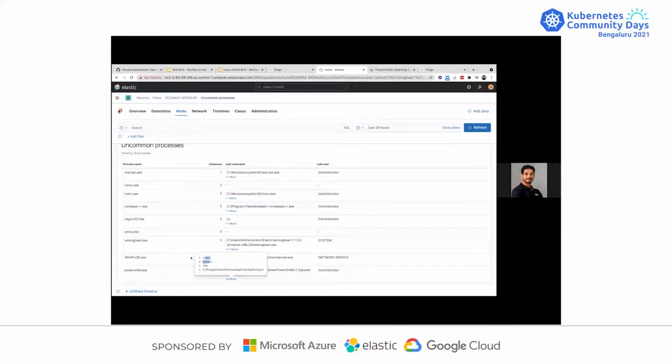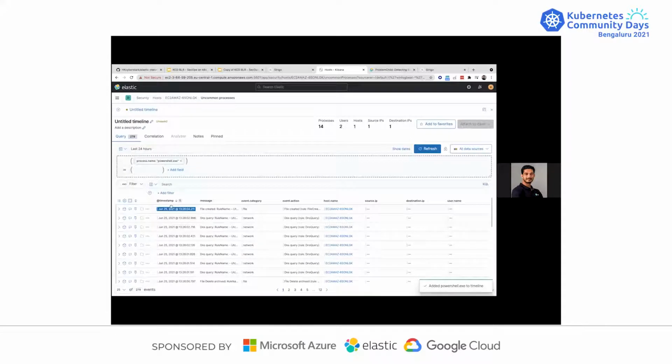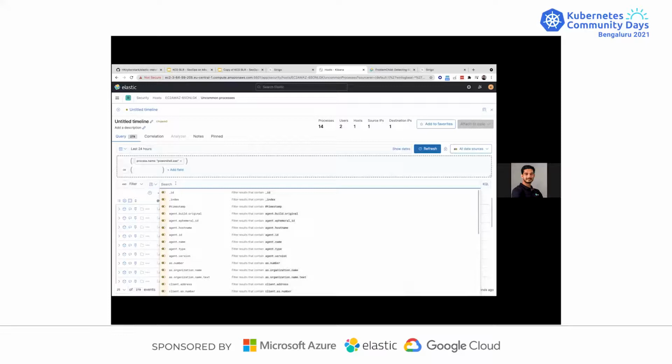This is what we are going to do in lab 2. I mean, lab 3. Just drag and drop in the bottom called timeline. We have something called timeline. That's very cool, right? I just dragged and dropped inside this timeline. And if you click on this, it's going to pull all my data related to PowerShell.exe. So that's cool, right? If I want to increase my investigation, I have this search bar here, similar to what we saw initially,